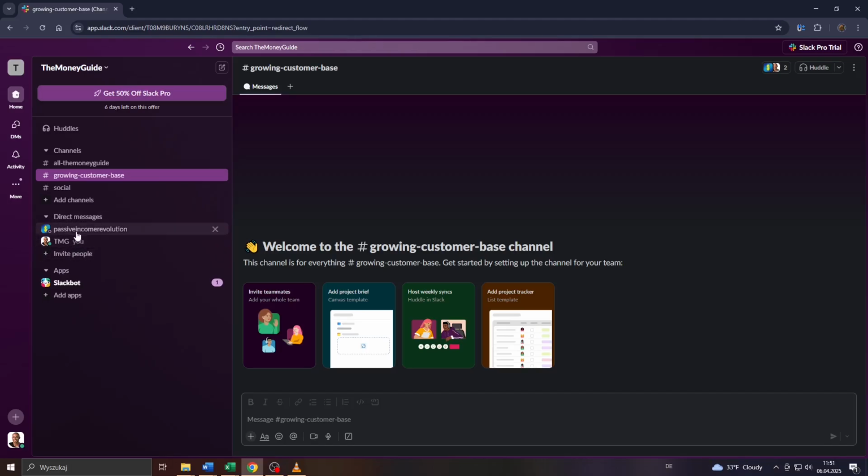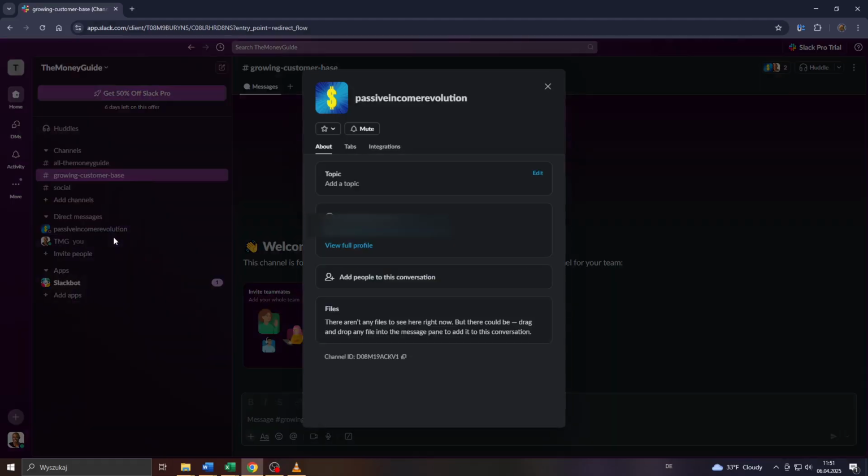So what you want to do, guys, is simply right click on the given contact you would like to find out the user ID of, like that, and after that select view conversation details from that drop down menu. After that, this window will pop up for you. So what you want to do after that is click on view profile here to access the profile of the